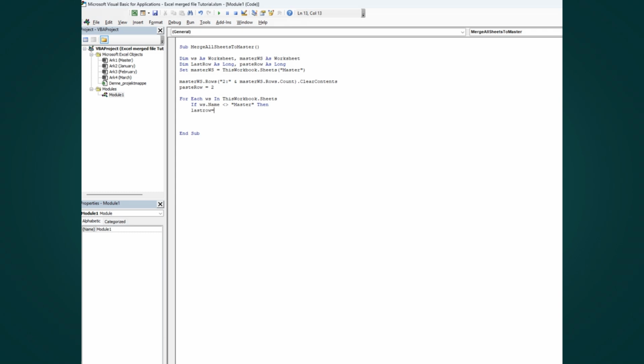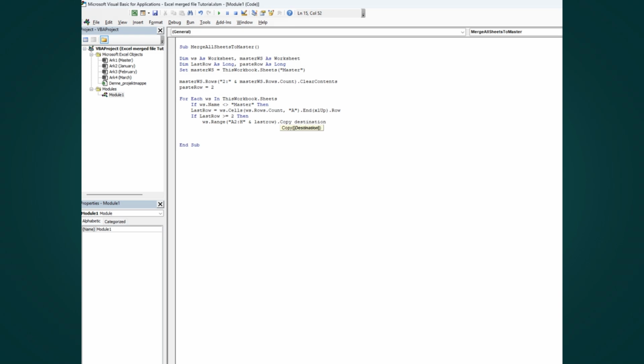We set lastRow equal to ws.Cells(ws.Rows.Count, "A").End(xlUp).Row. If lastRow is bigger than or equal to 2, then we're going to set ws.Range("A2:H" and lastRow) dot Copy